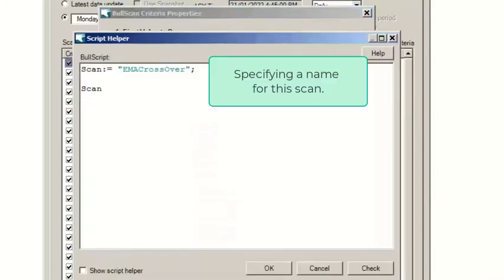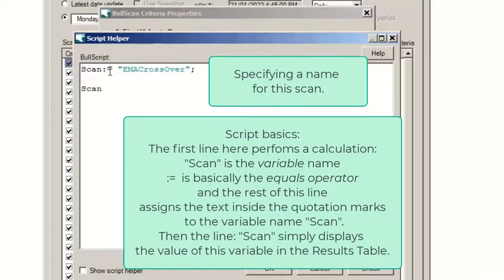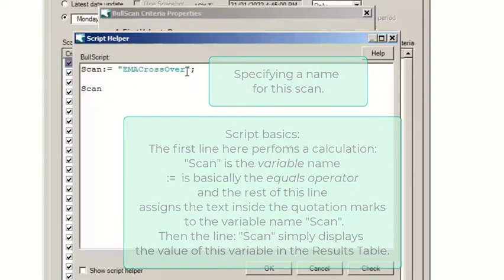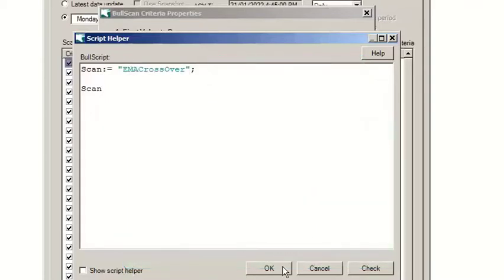I'll go into the editor, and again, it's just scan. This is, I guess, the symbol or function used to say, and use inverted commas, EMA crossover, and that'll return that in the scan when you do it. So that's the script that's used to give you that. That name could be anything. Friday night, if you want to call it that. And you just type Friday night in there and put the inverted commas around it.